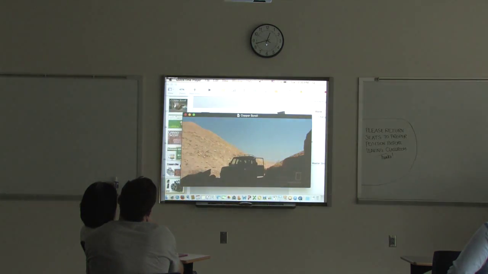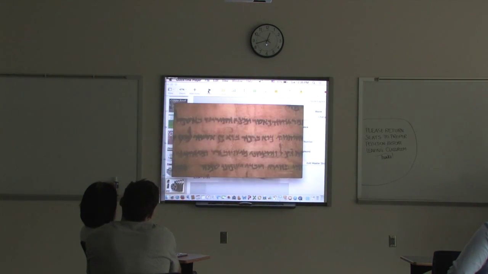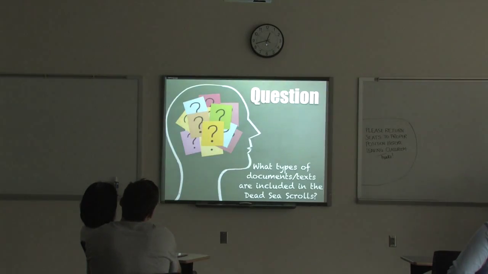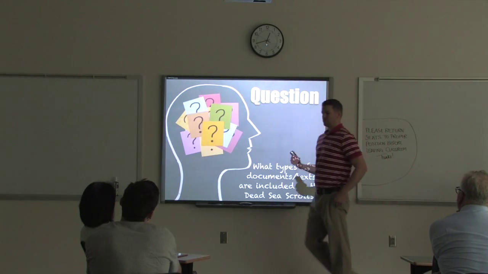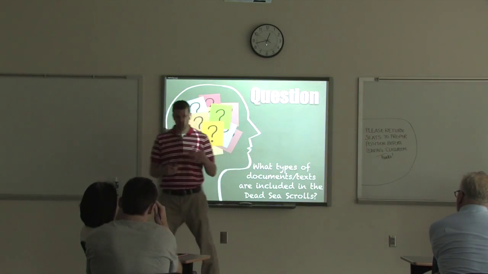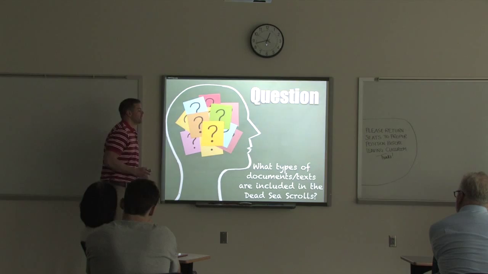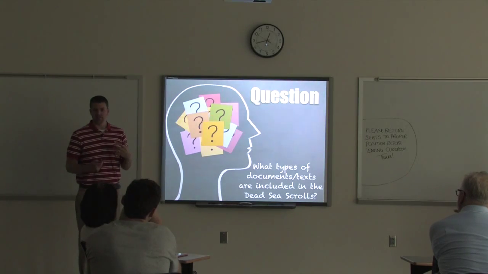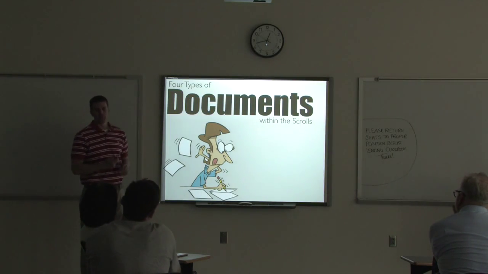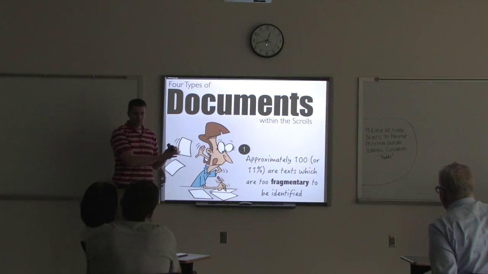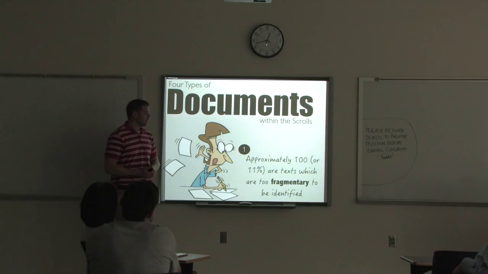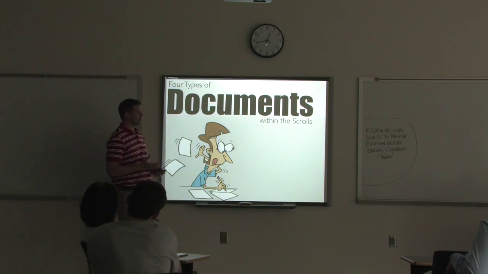So this is obviously a very famous scroll, very important for understanding the Dead Sea Scrolls. Now, the next question is what kind of documents? We've seen different kinds of material: papyrus, parchment, different things. But what is actually on these texts that makes them so valuable? There are four different types of texts. A few of the texts, about 100, are so fragmentary that it's not really possible to identify them completely. We don't know what they are exactly.